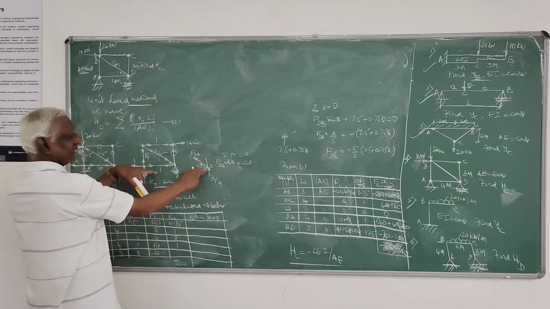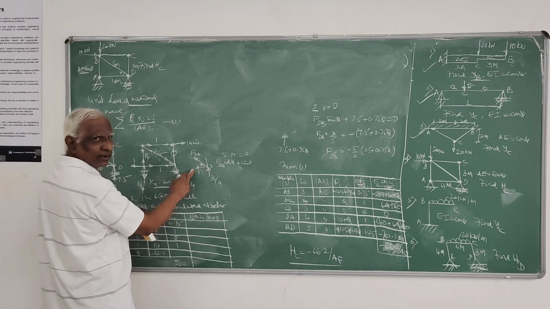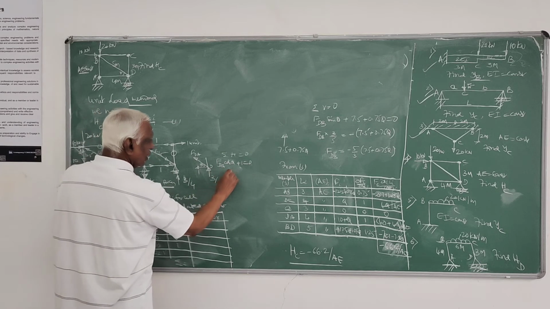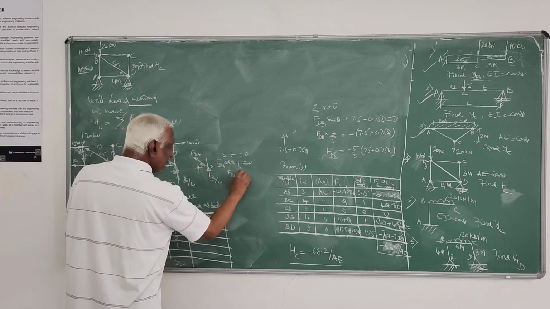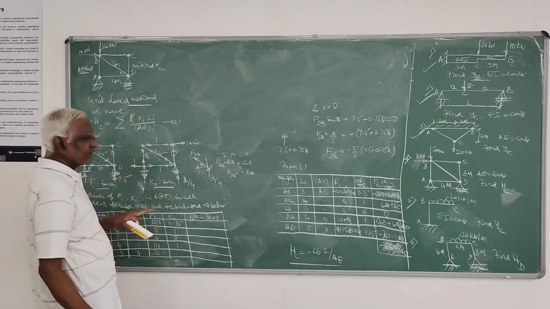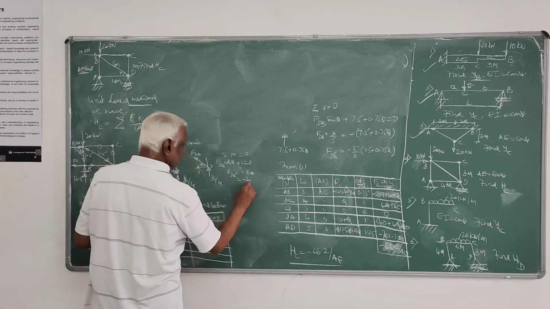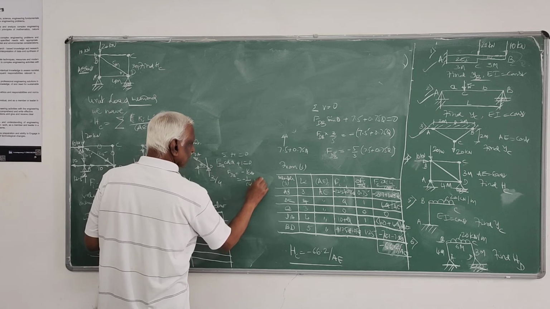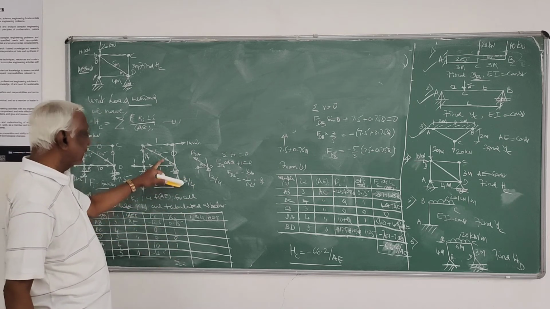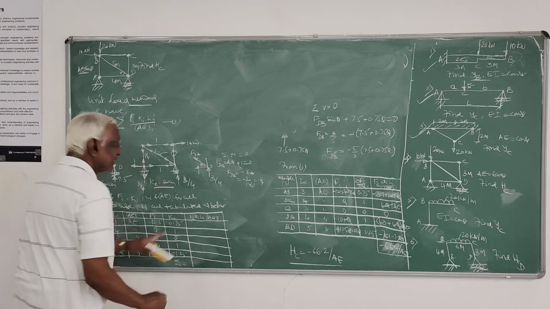This is D. I will take direction like this to start with. FDA cos theta, that is also plus 1. Already got. This equals 0, or FDA is minus 1 by cos theta. Since it is minus, sign I reverse. So it is minus 1 by cos theta, that is minus 1 by 4 by 5, that is minus 5 by 4. So that is 1.25. So there is minus 1.25, sir. Here it is okay. I cross checked just now.